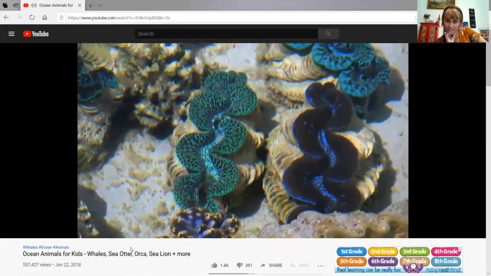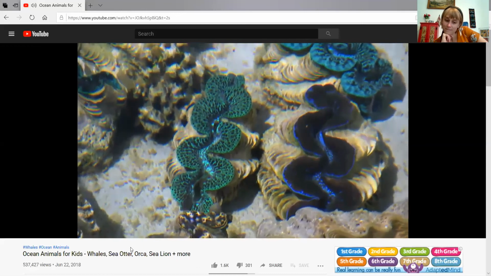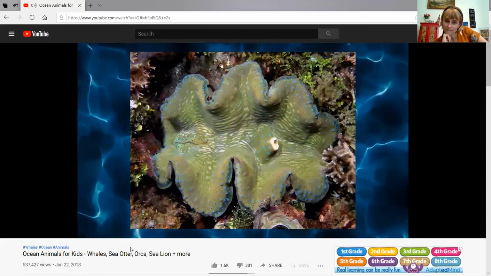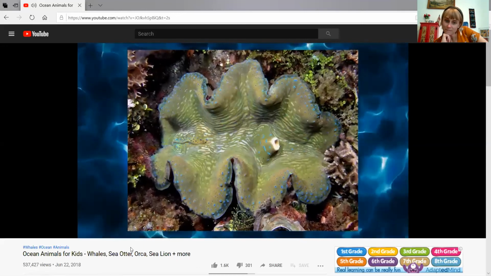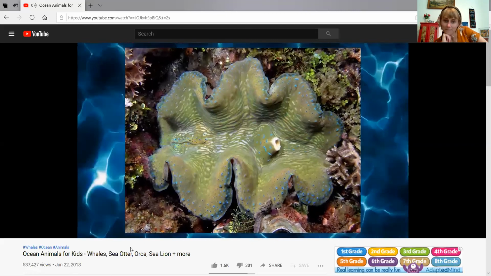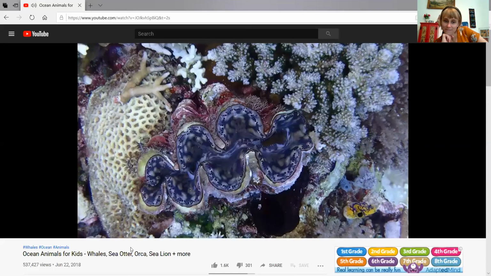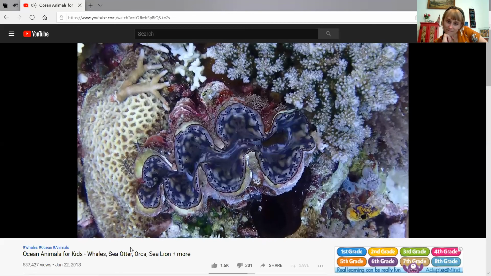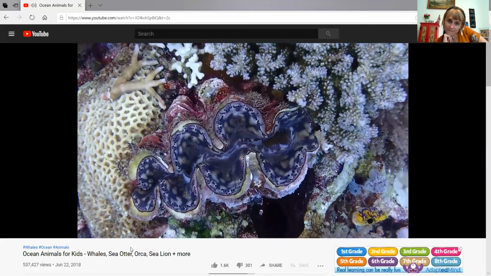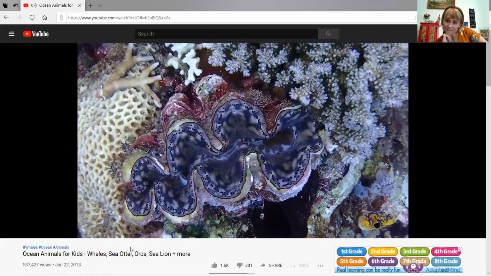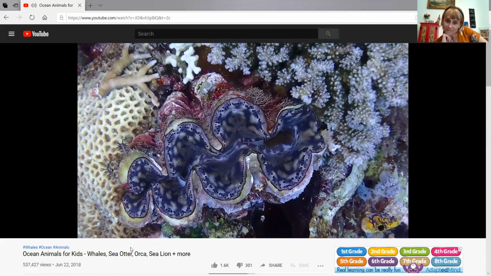Then they hatch and are soft larvae drifting in the water. Within a few days, they start growing a shell around themselves. They soon settle down and attach to one spot, where they will live the rest of their lives. The clams have a symbiotic relationship with algae. The algae do photosynthesis and give sugars and proteins to the clam to eat. The giant clam also eats some passing plankton as a filter feeder.